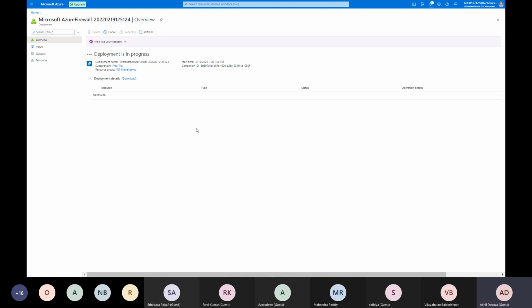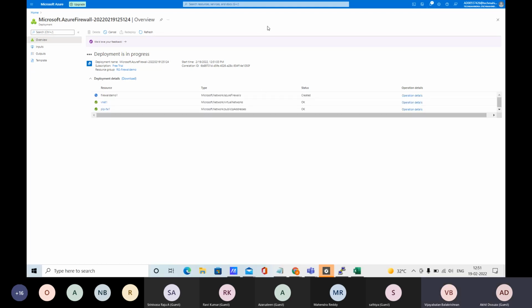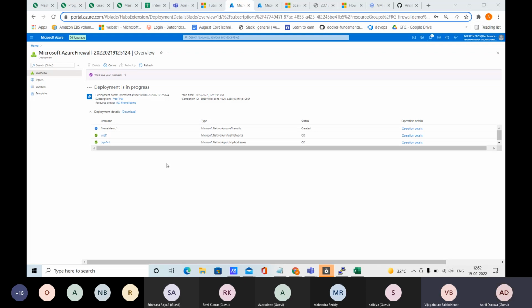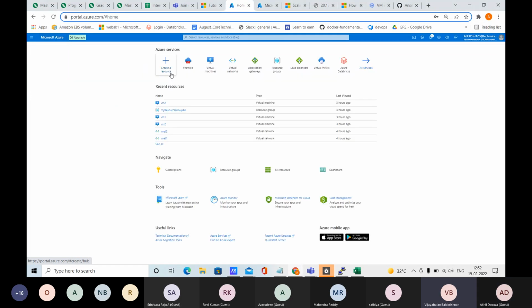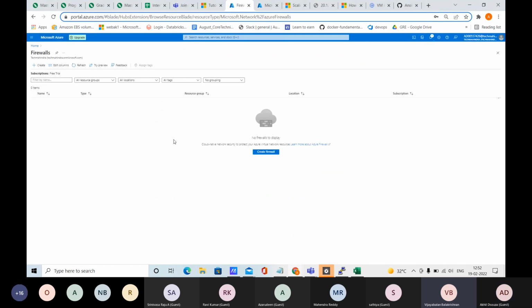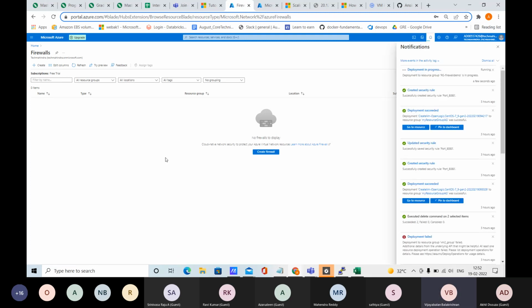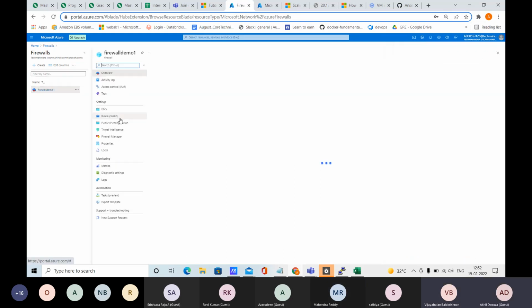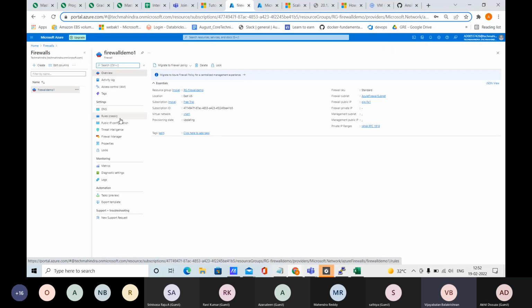Do I go to the documentation? No, just once it's created, you go inside. I want to show everyone a couple of options. How many of you go and configure firewalls in your Azure? You need to first ensure what kind of restriction you are trying to impose. Let's wait for some time. It's created, go there.